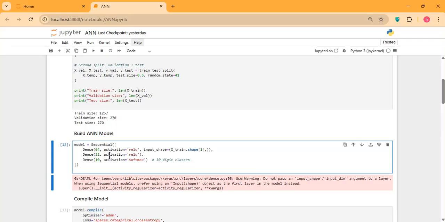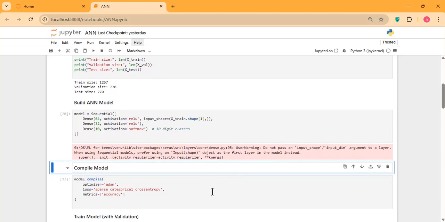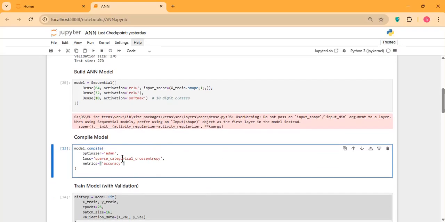For the next layer, again we have 32 neurons, and we use ReLU. And for the last one we have 10 neurons because we have 10 numbers. For the activation we use softmax, and the reason is that our outputs are from 0 to 9.